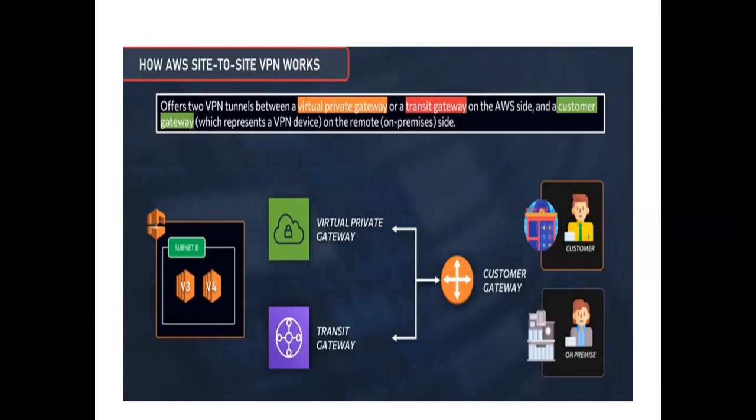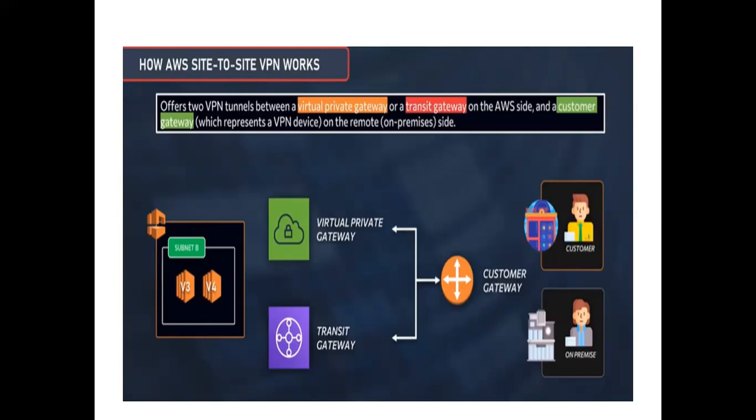The difference is that virtual private gateway and transit gateway work like a hub, which means that one gateway can communicate with multiple VPCs. You don't need to create a single connection each time, because it works as a centralized hub. If you go with a virtual private gateway, it is one connection, one VPC, so every time you need to create a single virtual private gateway.